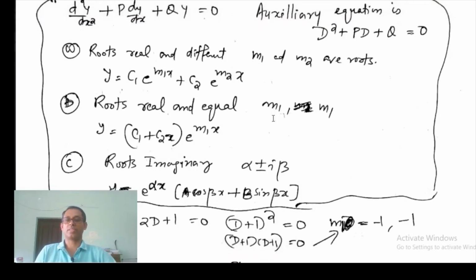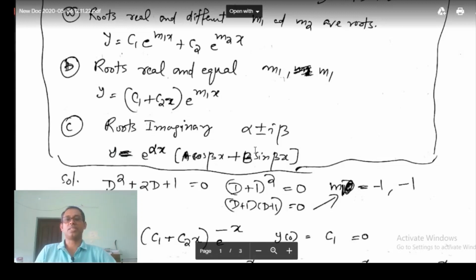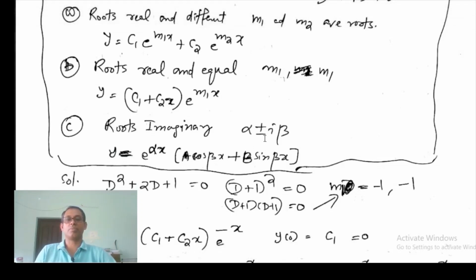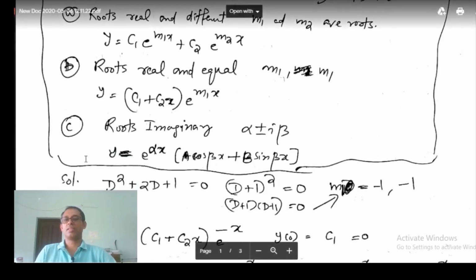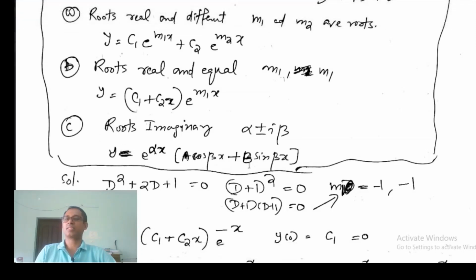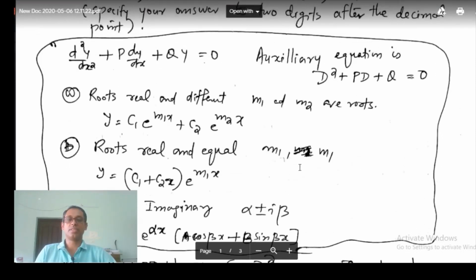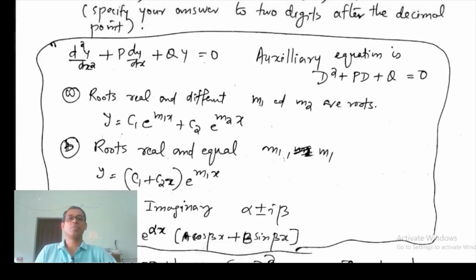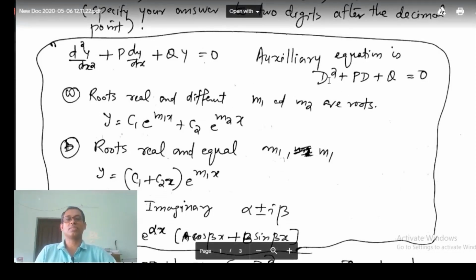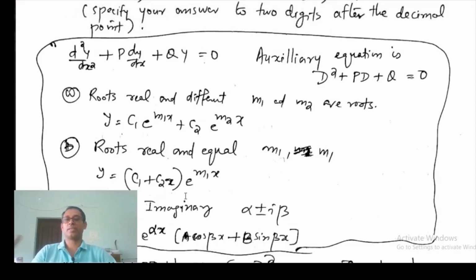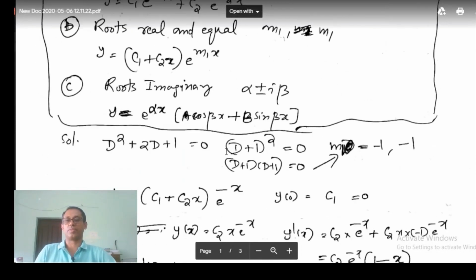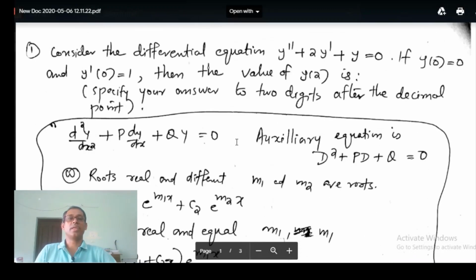If the roots are imaginary, that is alpha plus or minus i beta, then the solution is y = e^(alpha x) (a cos beta x + b sin beta x). So this is a standard result. Depending upon the roots of the auxiliary equation, we can write the solution. So in this case, here we have D square + 2D